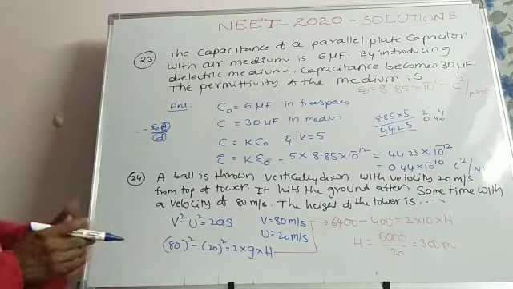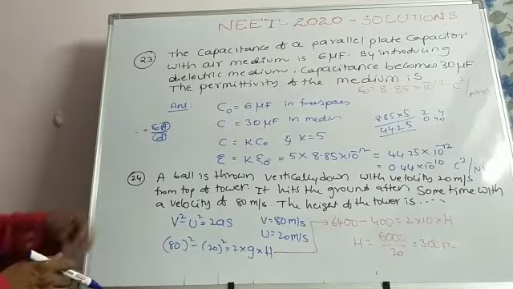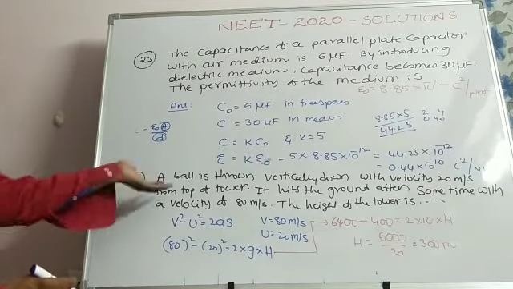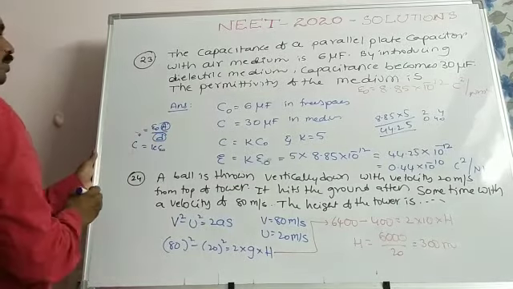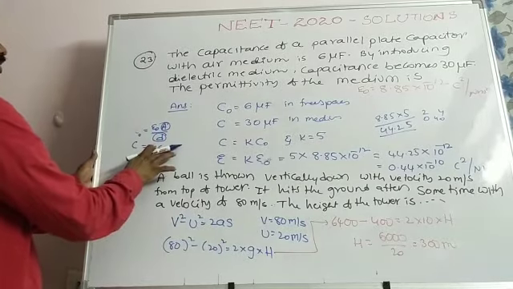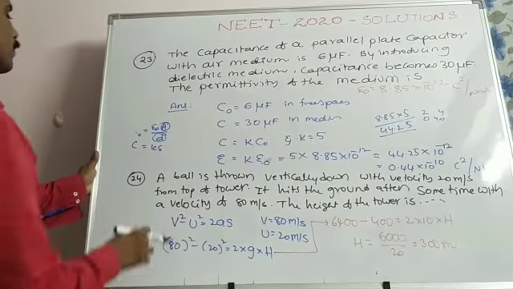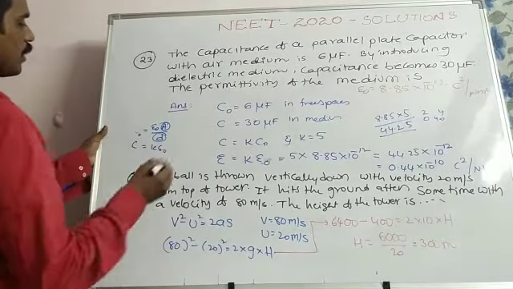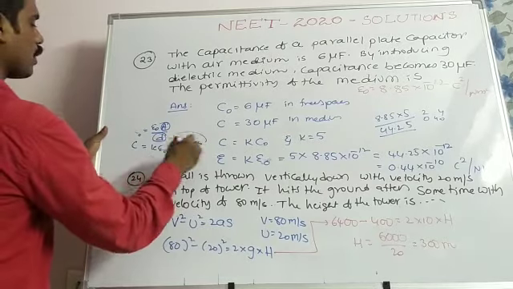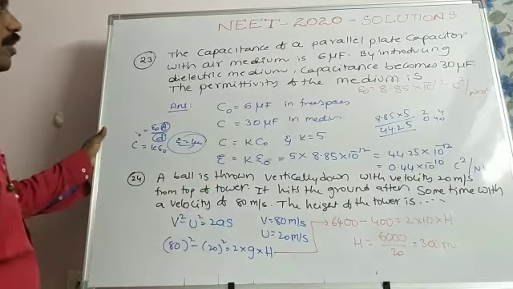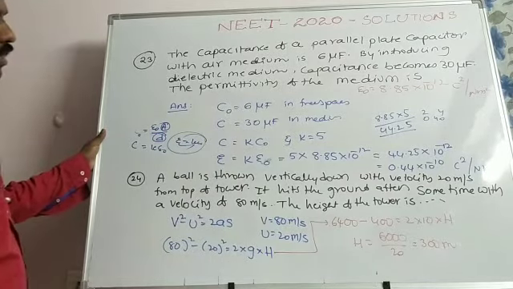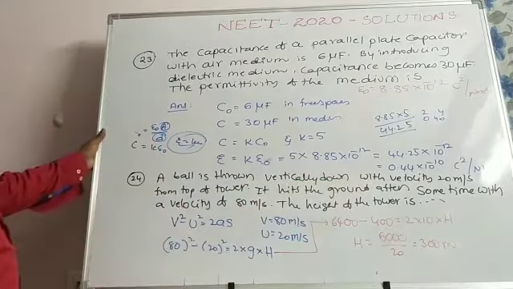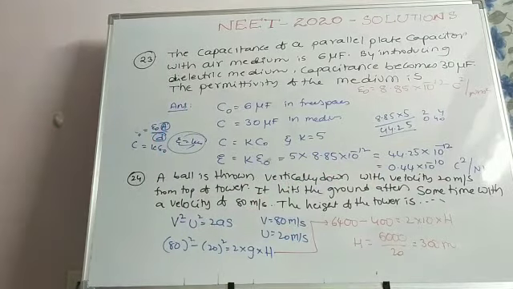So C is equal to K into C0, and like that, epsilon is equal to K into epsilon naught. So finally, epsilon is equal to K into epsilon naught. We have to find that epsilon. So 5 into 8.85 times 10 power minus 12, which is 44.25 into 10 power minus 12. Taking the given option to two decimal places, 0.44 into 10 power minus 10 coulomb square per Newton meter square.